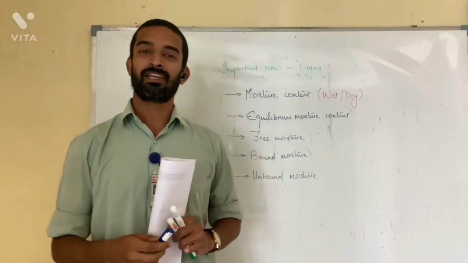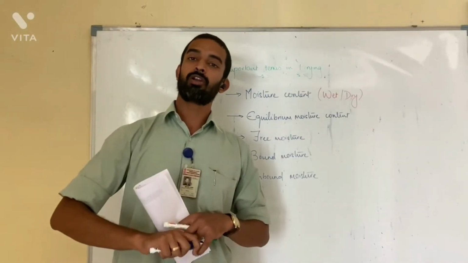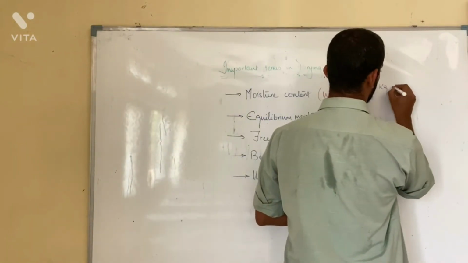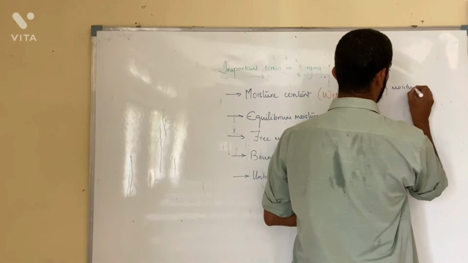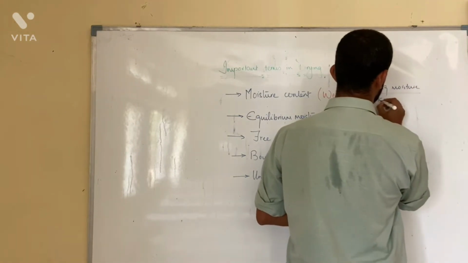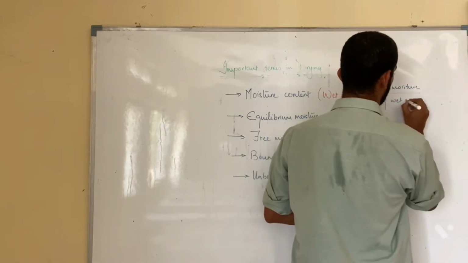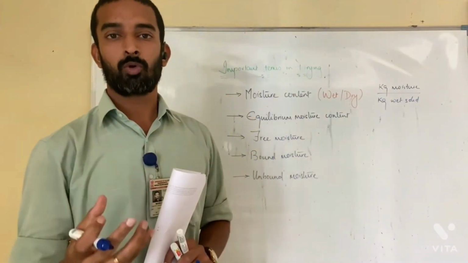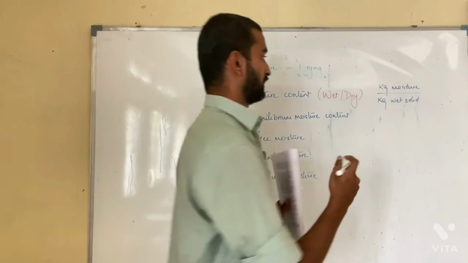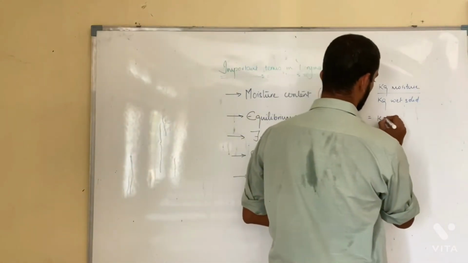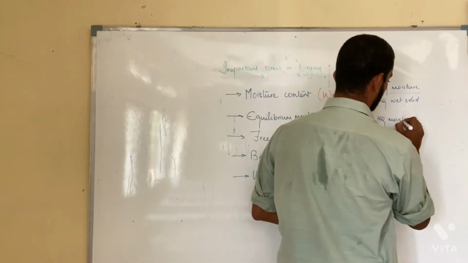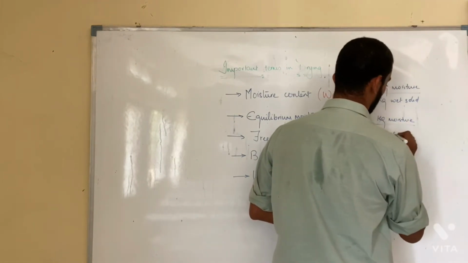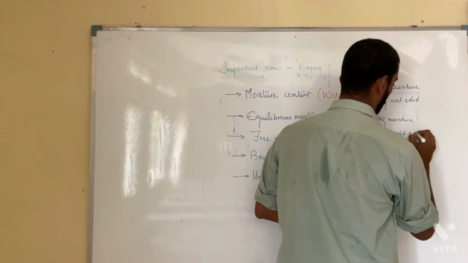Okay, so the first term that we are going to see is the moisture content on wet basis. Wet solid को base लेके हमें define करना है what is the moisture content. So I can simply put it as kg of moisture upon kg of wet solid. Now wet solid is again composed of dry solid plus moisture. So I can split this again into kg of moisture upon kg of dry solid plus kg of moisture.